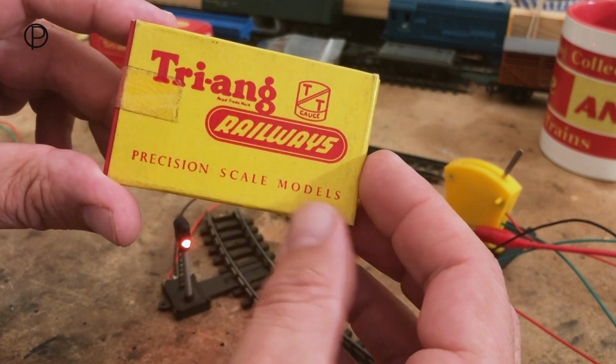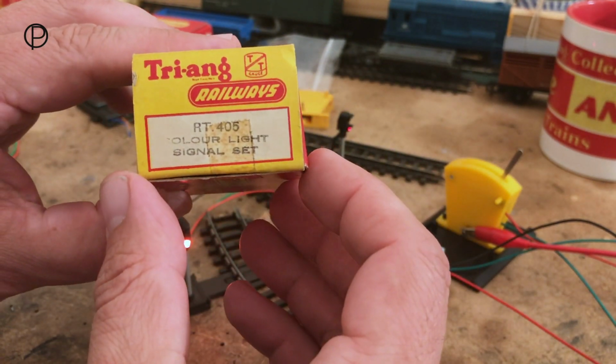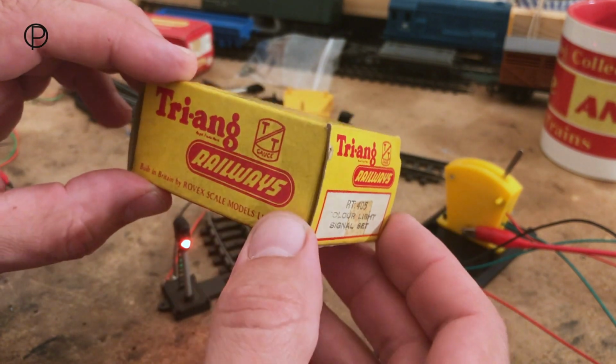So we've got the yellow side to the box, and then we've got the red side to the box. So originally when it was released, it was thought that this could be used for both 00 scale and the TT scale. So we'll just put that to one side,